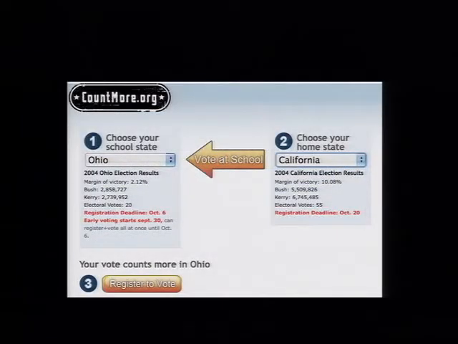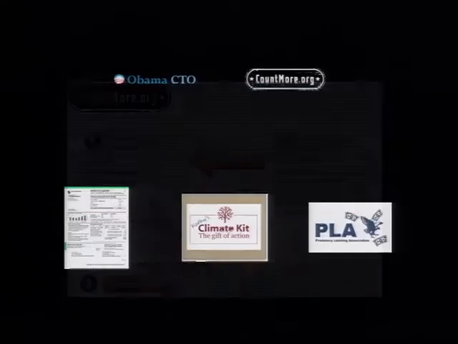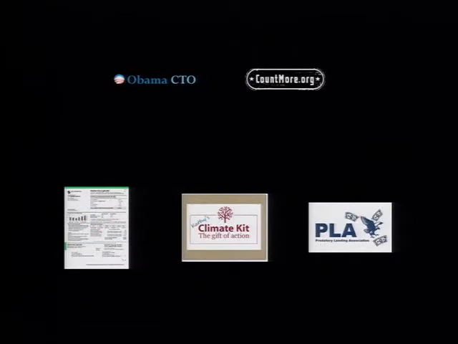Earlier last summer, we did a site where students who went to school in a state other than their home state could say, I'm from this state, I'm at school in this other state, and the website would tell them where their presidential vote would count more. Then it would help them register to vote and get an absentee ballot. So we have a whole bunch of projects. I'm going to skip over these other ones. If you want to know more about the kind of stuff we're doing, you can check out frontseat.org. It links to all these things, everything from utility bill designs that promote conservation to satire about the payday loan industry.